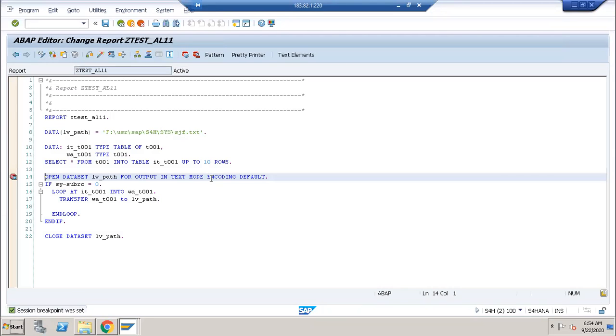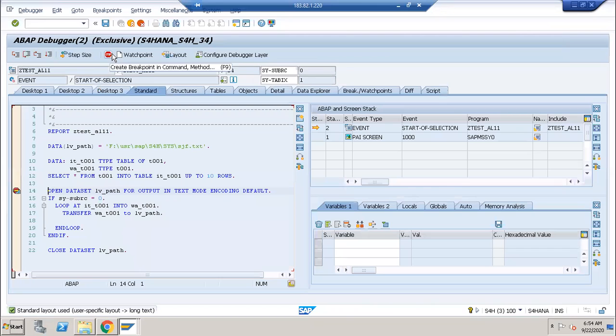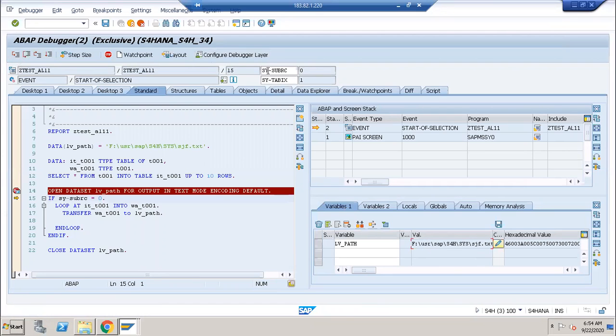Now I will execute the program. Okay, execute it. Here the cursor came here and LB_path. I am double clicking on the LB_path. I am getting something like folder names here, and click on F5 button. If you see, size of RC value is 0, means the file is open now.